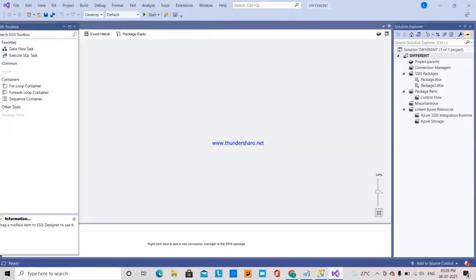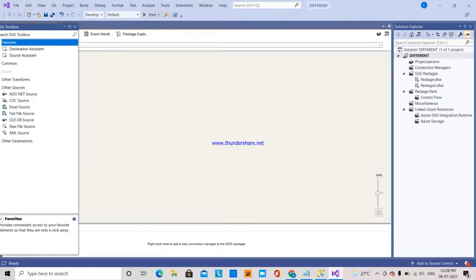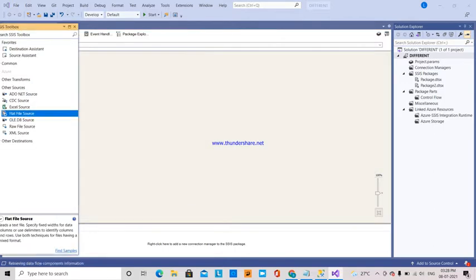For that I have taken a new SSIS package. Here I am going to drag and drop my data flow task and double click on it. My source is a flat file, so I am placing the flat file source here.